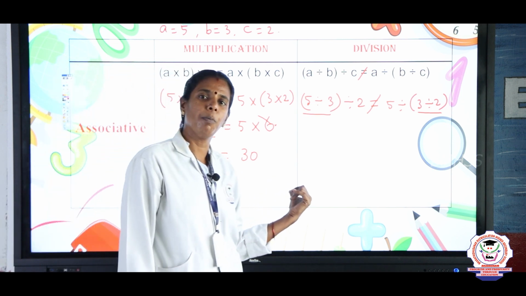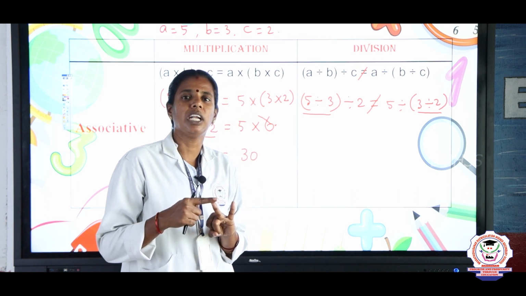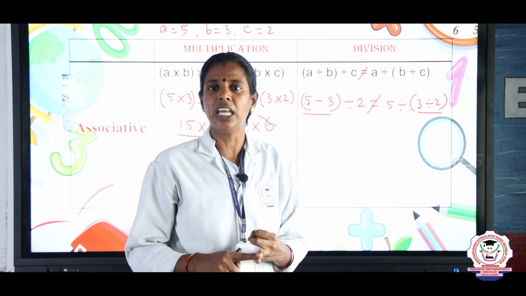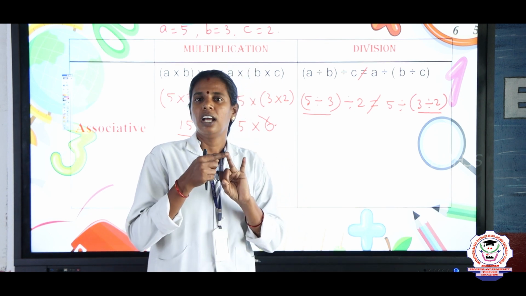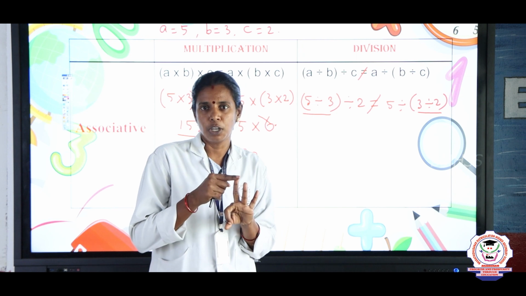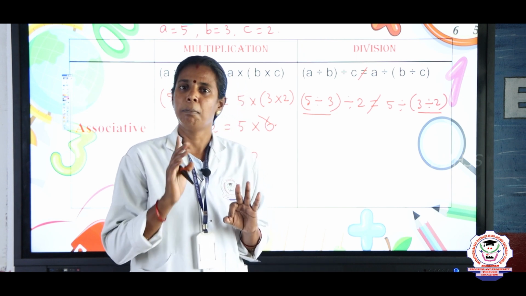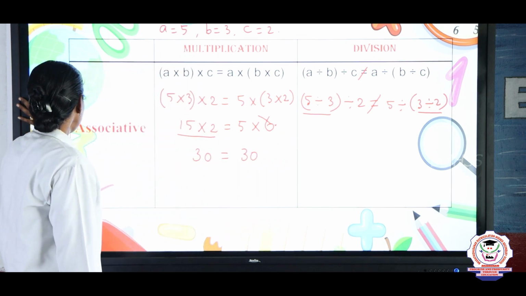So in associative property also, addition and multiplication satisfy the property. Subtraction and division do not satisfy associative property in whole numbers. Is it clear? So we have seen closure, commutative property and associative property. All these three properties are satisfied only by addition and multiplication. Right. Next we are going to see